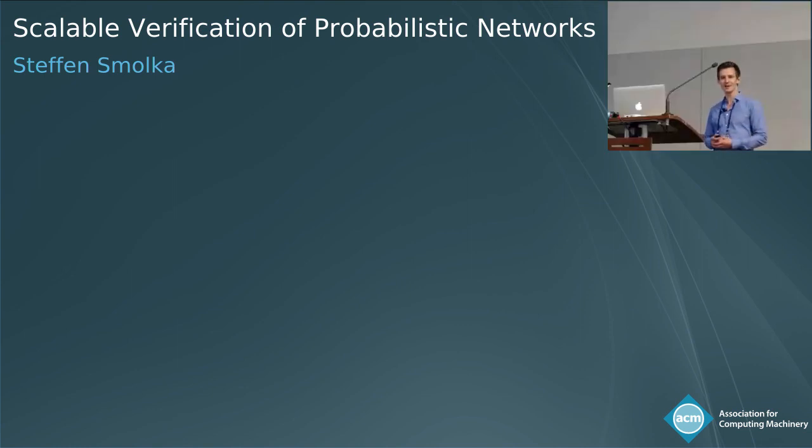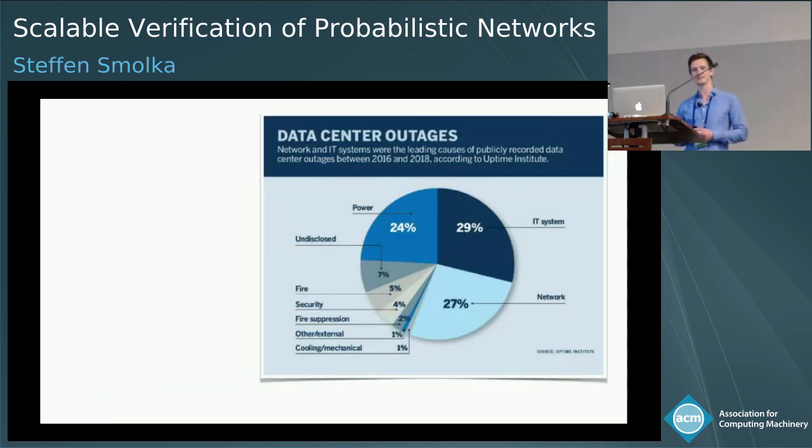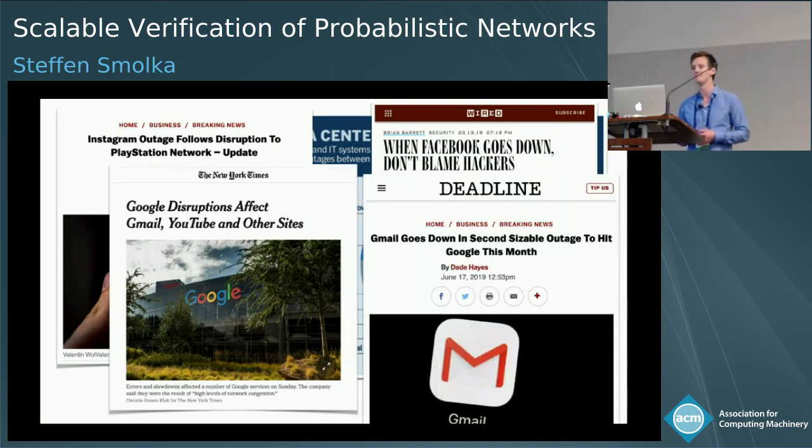So it's standard practice to start talks on verification with exploding rockets. So here you go. But today I actually want to talk about network outages due to misconfigurations. I know that network outages are less sexy than exploding rockets, but they're actually equally expensive and a lot more common. Sorry to be picking on Google, but Google has had at least 3 major outages just in the last